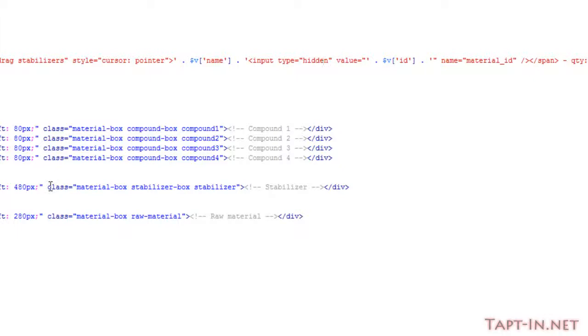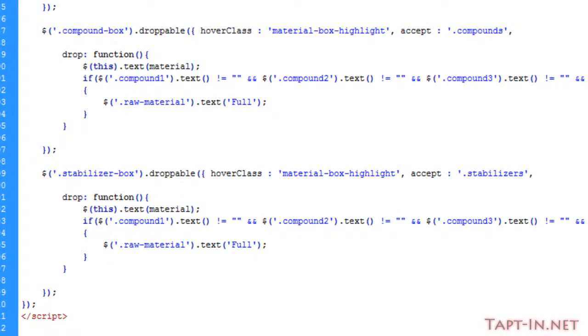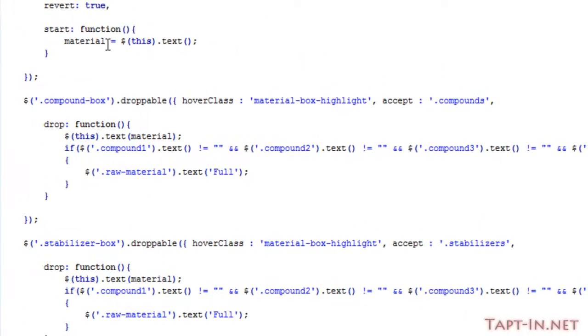So what we need to do is change a couple of the jQuery functions here, or the options rather. In the draggable function, under the start, we're going to change a material equals this dot HTML rather than the text value, because that is only taking the visible text. So now we're storing the full HTML inside of this variable,